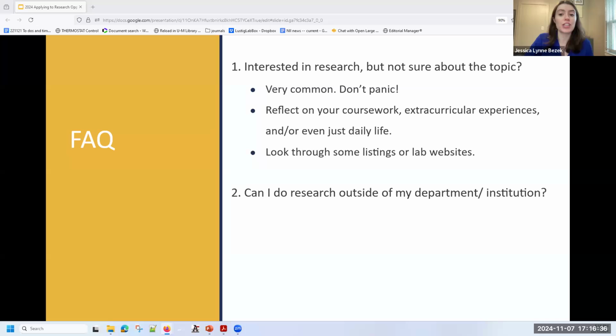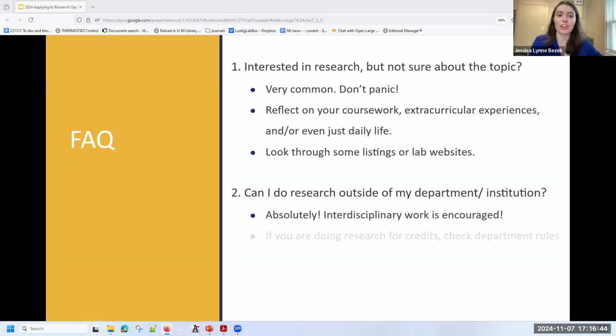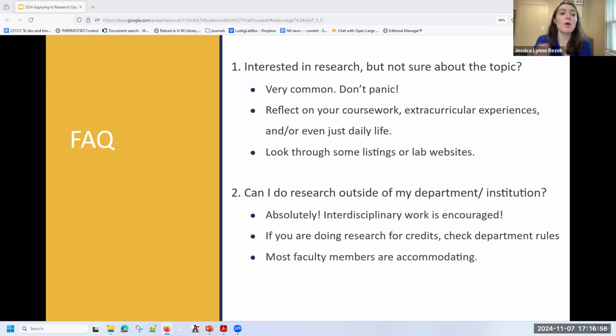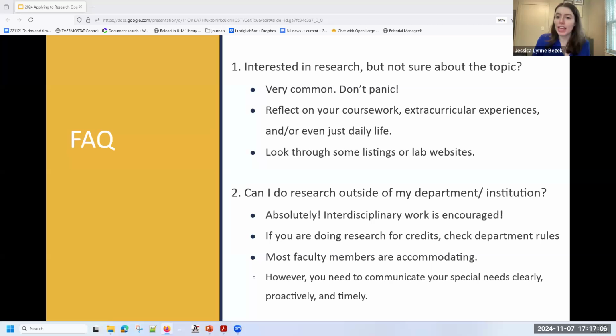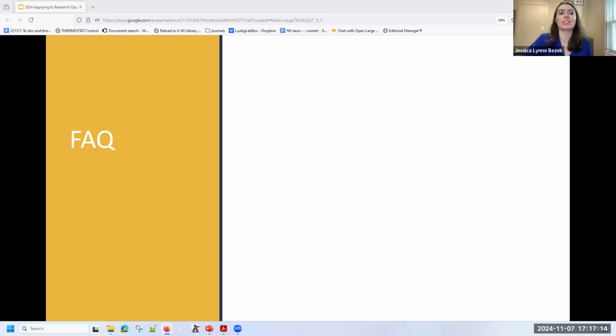Another thing would be doing research outside of your department or institution. So definitely psychology is a very interdisciplinary field, so that's definitely encouraged. If you're doing research for credits, check out the department rules in order to make sure that you are hitting the requirements there. And then also, most faculty members are accommodating in terms of making opportunities for people, but you do want to be mindful about communicating whatever needs you may have to be engaged in research, and you want to do that in a proactive and timely manner to also respect the lab that you are a part